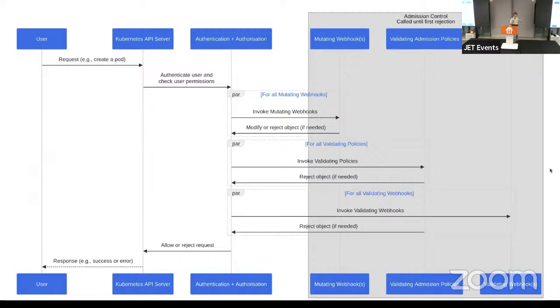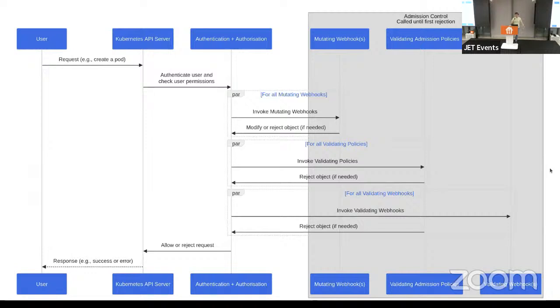So these are exactly the same as everything that you can do with the mutating webhooks and validating webhooks. However, you don't need to bring your own web server. You don't need a webhook gateway. You don't need a webhook server. You can just bake it in. If any of you have the misfortune of dealing with GCP's API authorization conditions, the same language for that, Common Expression Language, CEL, is the same thing that's used for these.